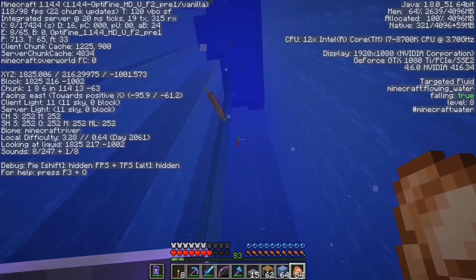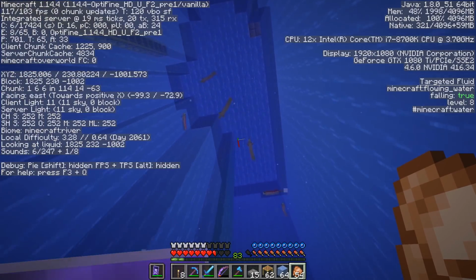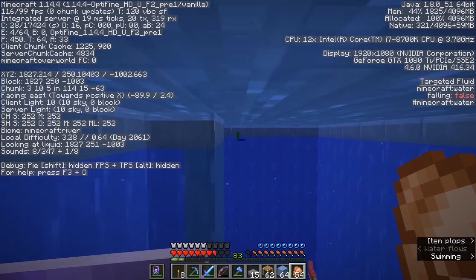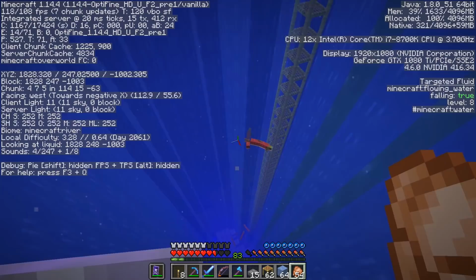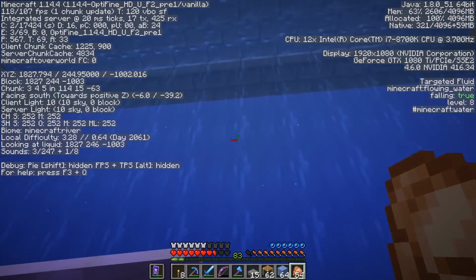Now, it's important to note that even with a roof of slabs on the top of this farm, the light level in here is still dictated by how much light can get in from the outside. So as you can see, we have a light level of 10 right now, 11 further down the farm. That is not nearly dark enough for the drowned to be able to spawn in here during the day. We were lucky enough to get a drowned spawning at night, but for now, we are going to have to